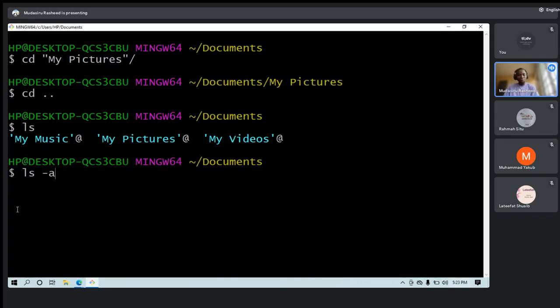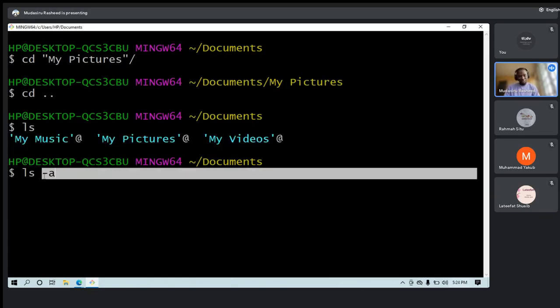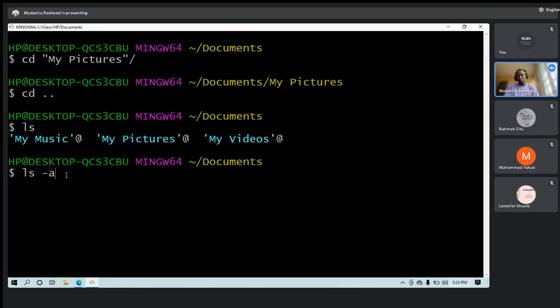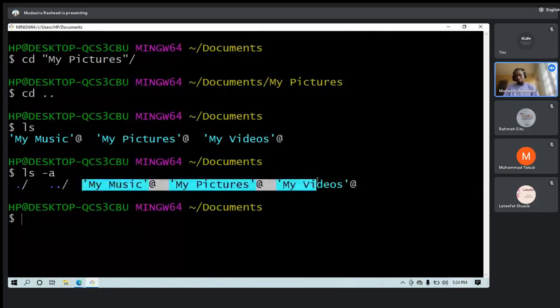You can see this one. If I open it on my system on a normal UI, like a GUI, a user interface that I can click, I will see my folder, my picture, my video. But I will not be able to see every other thing that this one wants to reveal for us. That's this -a. So the hidden folders, we will not be able to see without -a. With -a, we'll be able to see hidden folders. These two are the hidden folders, together with the one that we have before.